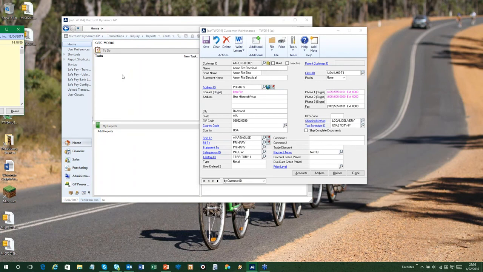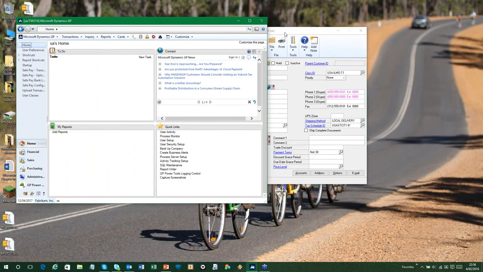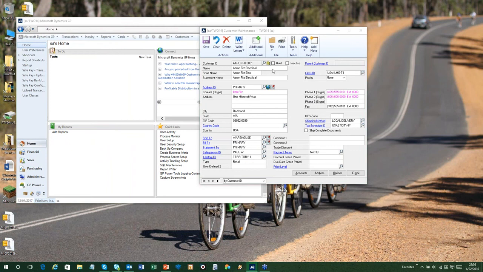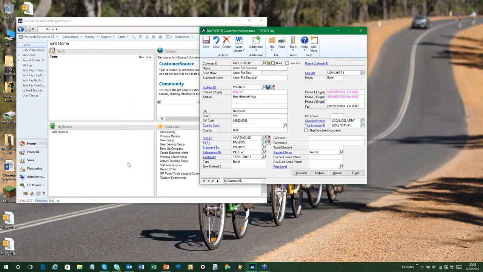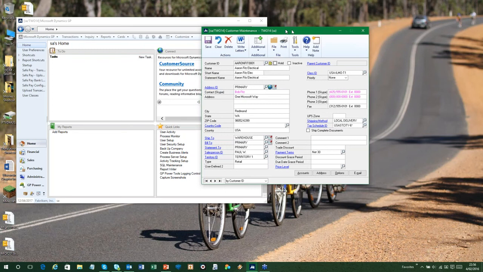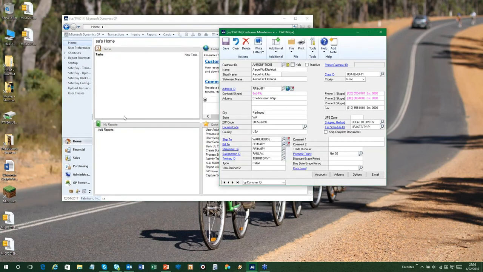In fact, you can barely see it now. It's quite on the left edge. And if I move that over a bit further, now you can no longer see the window when it's opened. Okay, so it is open. I can see it here, but I can't actually see it on my screen. So now that is a problem that some people have faced, particularly when they're swapping between dual screens or moving